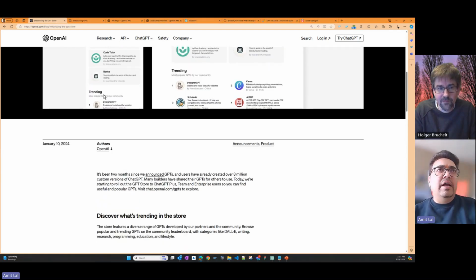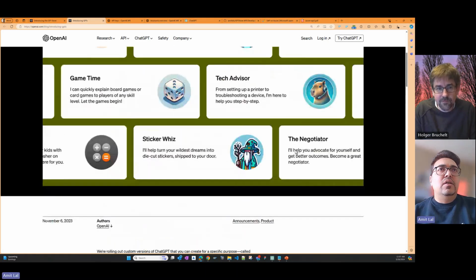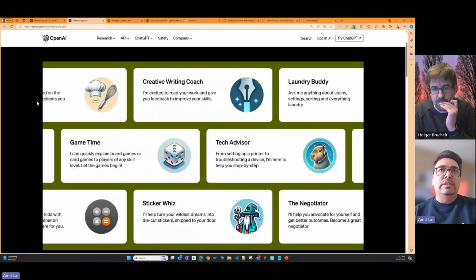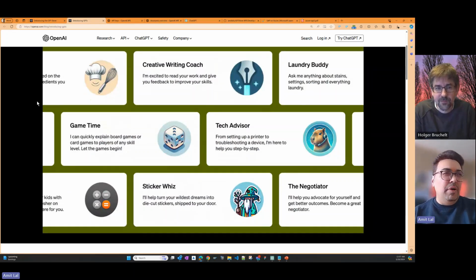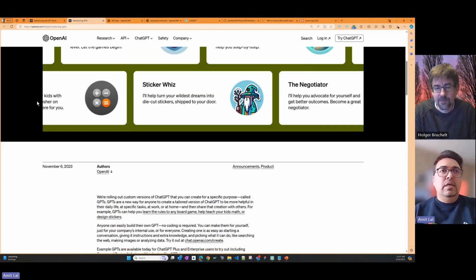So coming back to this GPT Store, you can see what OpenAI has actually announced back on January 10. Let me show you this one. Sam Altman announced back in the month of November 2023 that custom GPTs would be there, because they are more purpose-driven GPTs. Anyone can create a tailored version of ChatGPT. In general, ChatGPT provides you very holistic, high-level information. But the GPT Store talks specifically about the domain, whatever domain you're going to create. So that was kind of a niche for me.